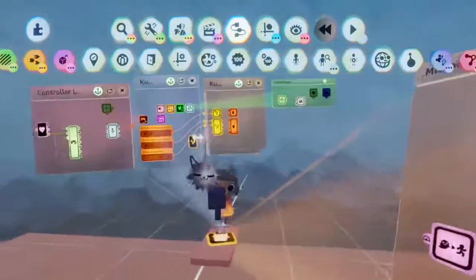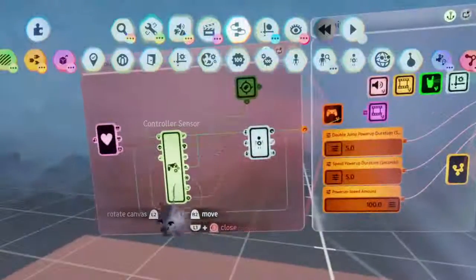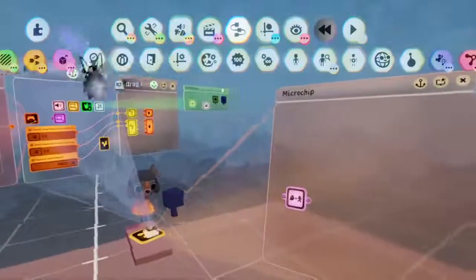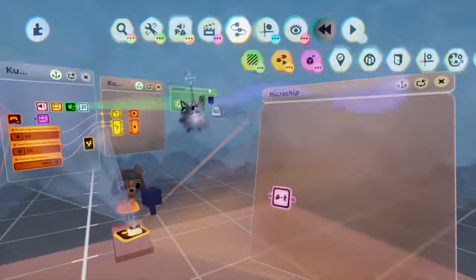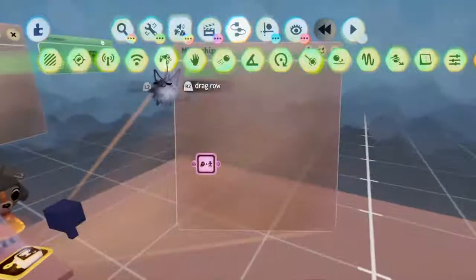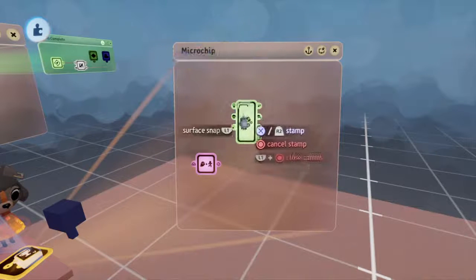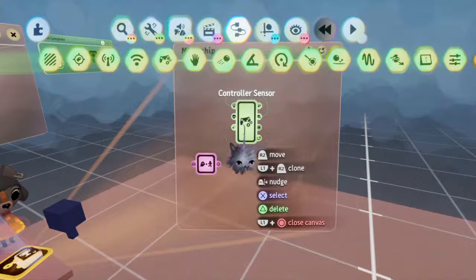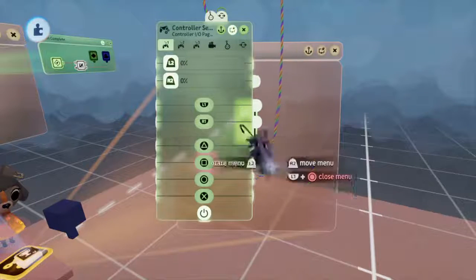So, I don't think this actually is... I can't figure out where the thing is that I want. Controller sensor is what I want. Cool, so it would be in sensors. That's why I'm wrong. Sensor is an input. Okay, here we go. So we want a controller sensor, right? Okay. And what we want... Oops, wrong button. What we want here is...